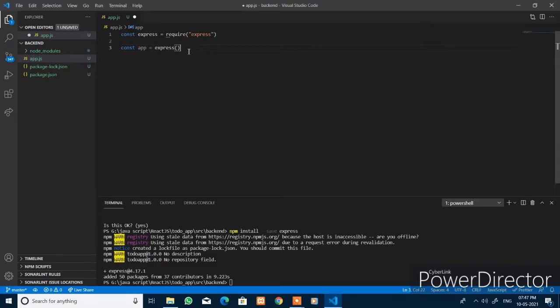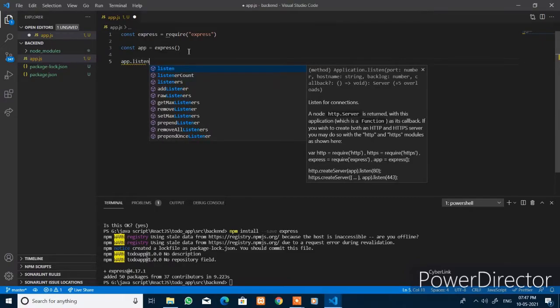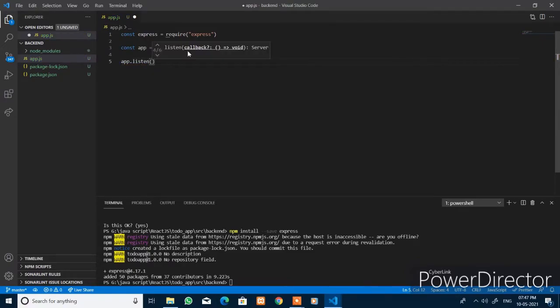To listen to the requests that are coming to this server, you have the method say app.listen. This takes the first parameter as the port number, say 8000, and the next one is the callback function. I will add the arrow function here and say console.log.